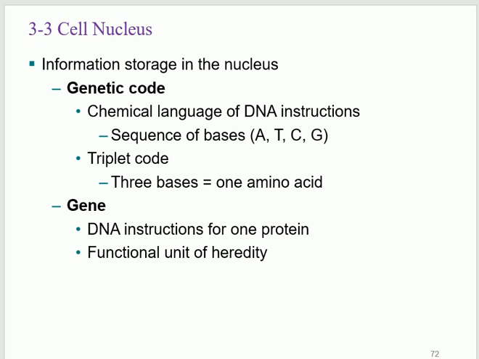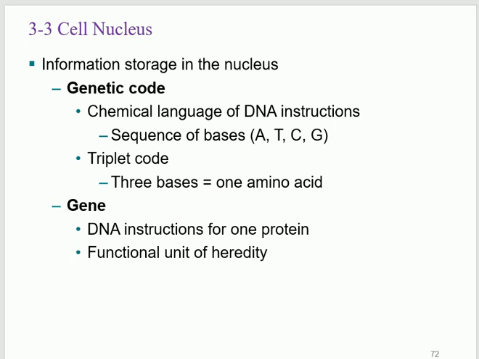Are we following so far? Let me say the instructions for number 5 are like this: ATCGGGCTAGCG, something like this. It goes 3, 3, 3, 3, 3, 3, 3. Every 3 means an amino acid. This is called the triplet code. Every 3 bases